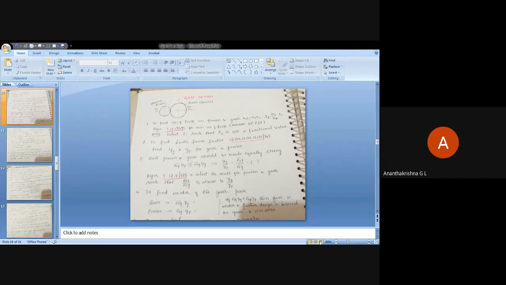Now can you see the slide of gear design? From that table, what we need to do is choose the static allowable stress of pinion and gear in such a way that the ratio of static stress of pinion and gear is almost equal to the ratio of YG by YP. You got what I'm telling? So choose two materials from the table.